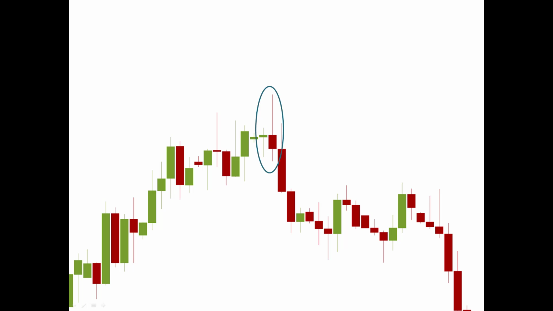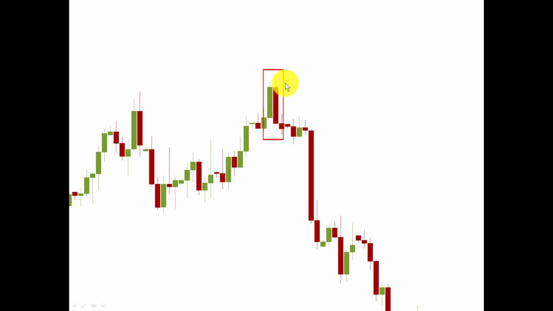The real body, the difference between the open and the close price of the candlestick, is what matters. The real body of the down candle must engulf the up candle. The wicks are of no significance, but the real body is what matters, and the pattern has very little significance in a choppy market. Whenever there is a trending market, or the price is moving in a range within a well established trend, only then does this pattern have meaning. I will give you some more identifications like this one.